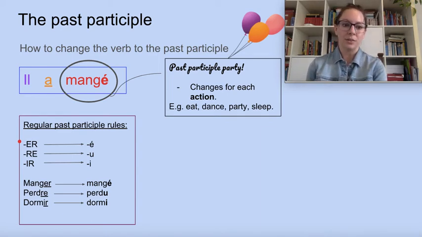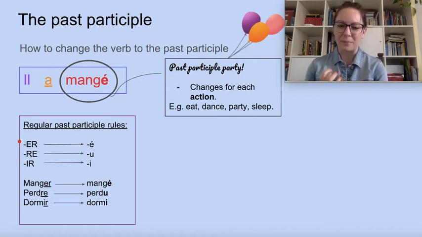Perdre, to lose, ends with re. So you got lost getting to the party. You're going to use this ending. Perdu, perdu. Then after the party, we're going to sleep pretty well. Dormir. And that drops the ir, and we put an i. Dormi. Now there are regular endings for our past participles, and they're going to apply most of the time. I mean, there are thousands of verbs that we'll have in our vocabulary one day, and most of them are going to follow these rules. But however,